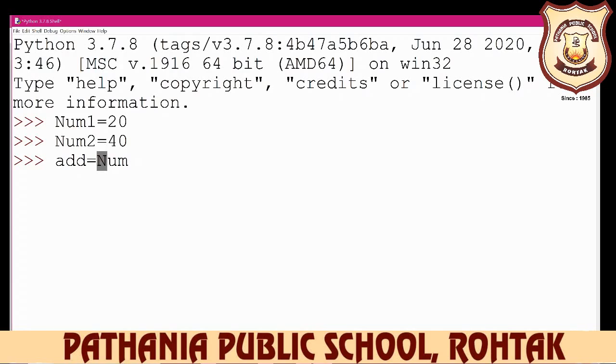Write the same name of the variable you wrote earlier, so write num1 plus num2. Okay, now addition in which variable? The add variable. So just write print, and here you write the variable name add. So here is your answer, 60.